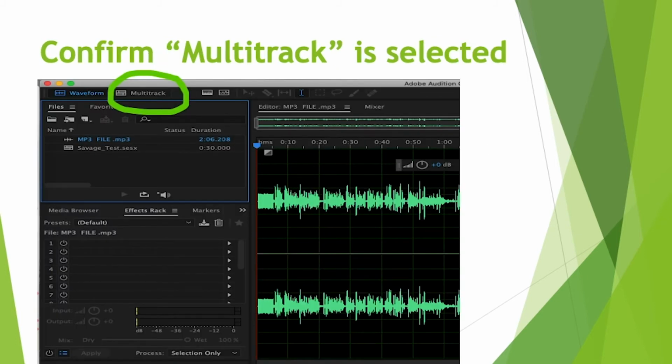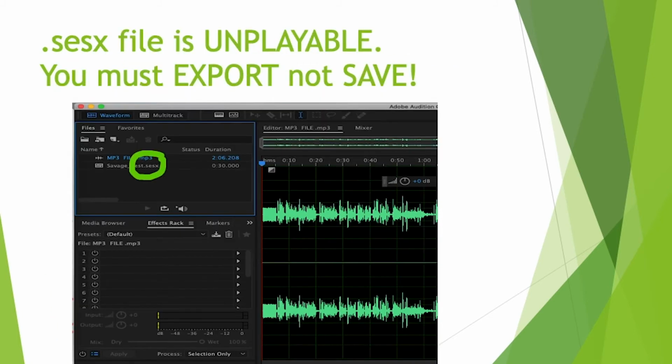So just remember, check the upper left corner and confirm that multi-track is selected. If Adobe switches to waveform, click multi-track to return to the multi-track session. Please note, in the file box, you'll see the session file that you created earlier. Mine is titled